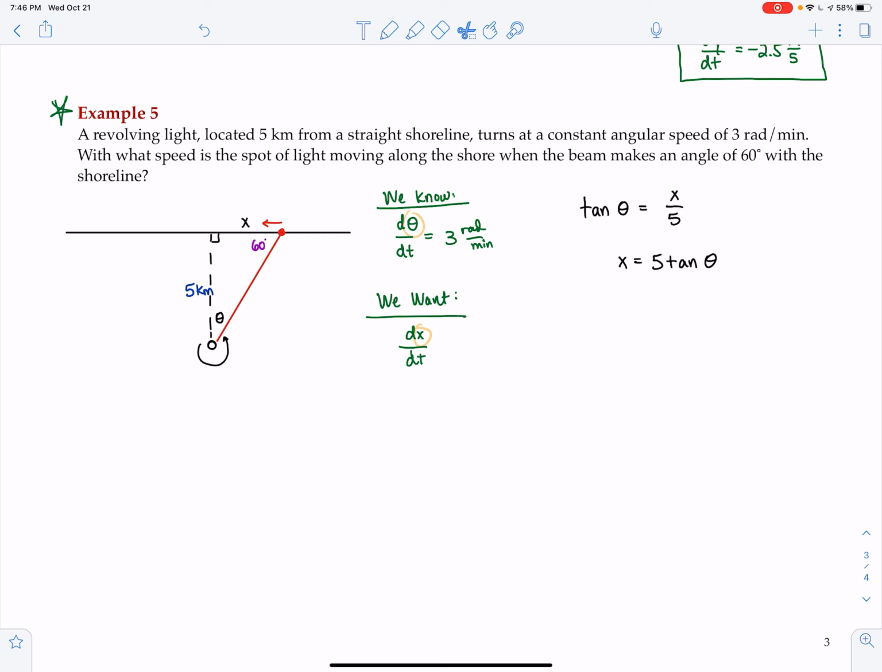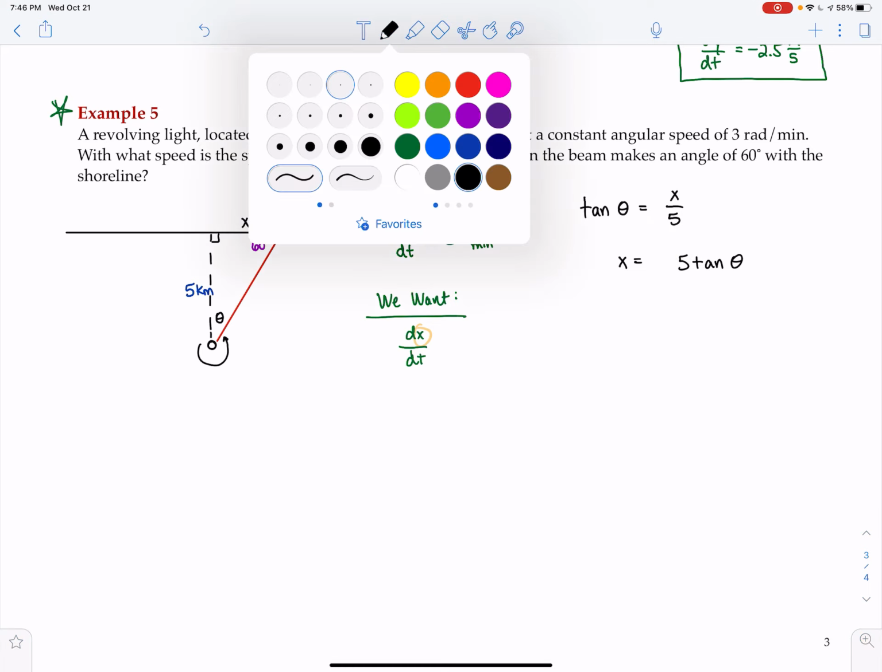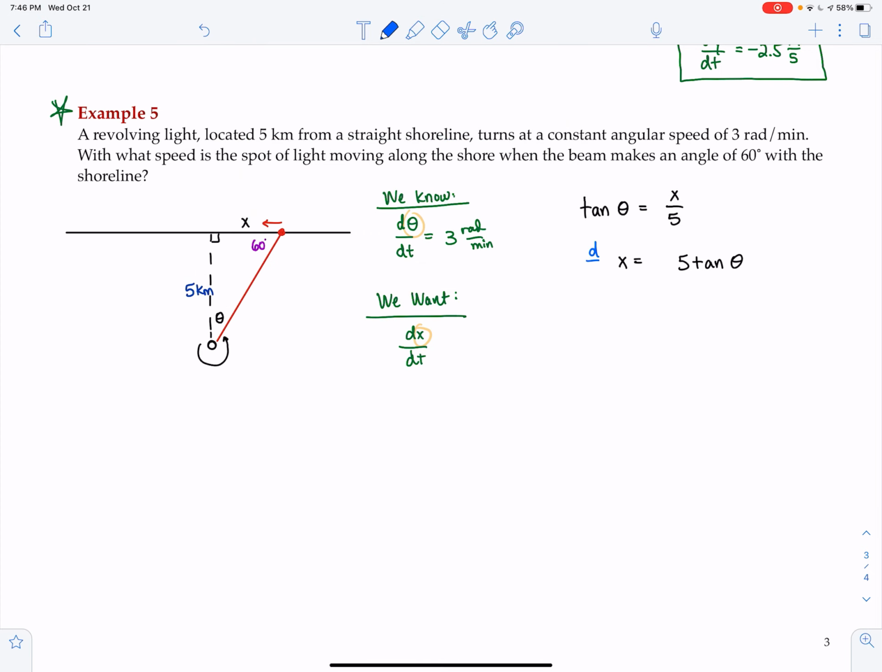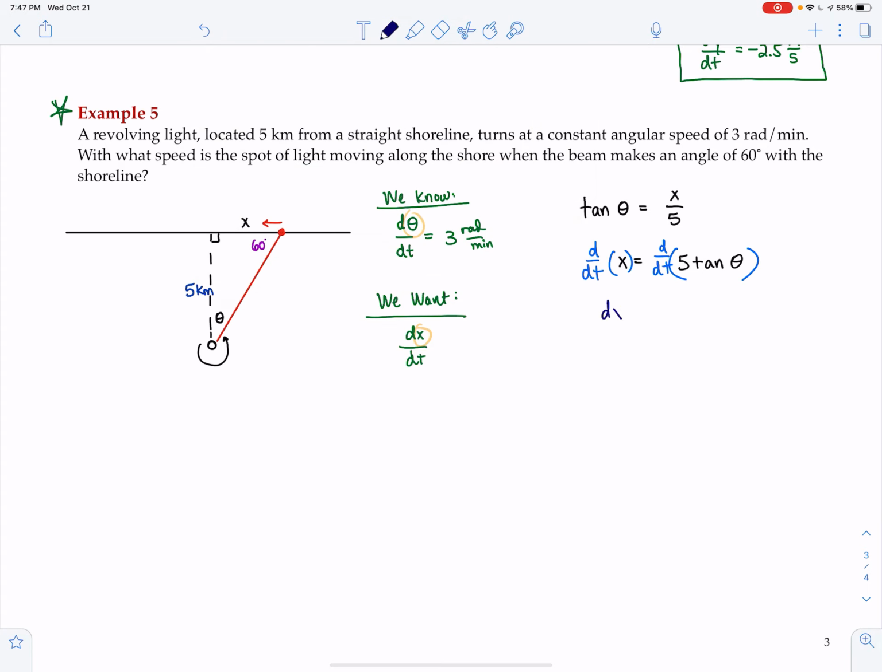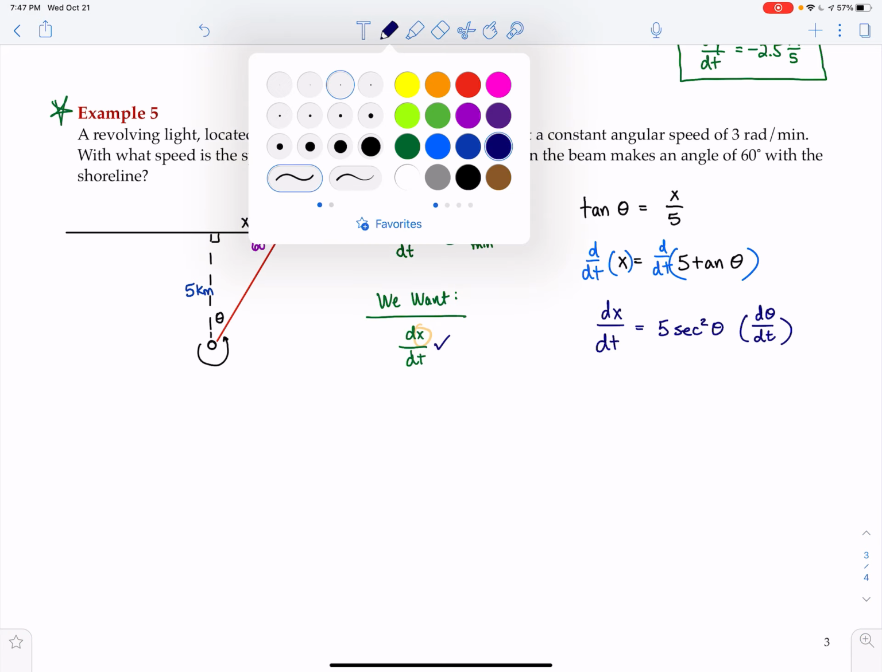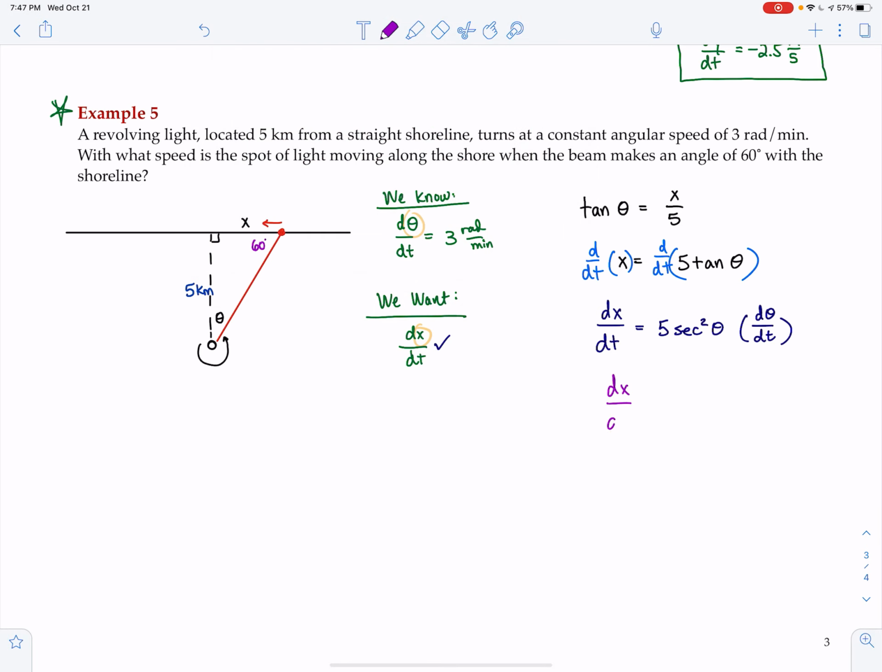Now, it's actually really not much more difficult than this with a couple tricks. Here we go. D over dt of both sides. So we are left with dx dt, which is good. That's what we want to find. The derivative of 5 tangent of theta would be 5 secant squared of theta times d theta dt. All right, we should be able to fill everything in already. dx dt equals